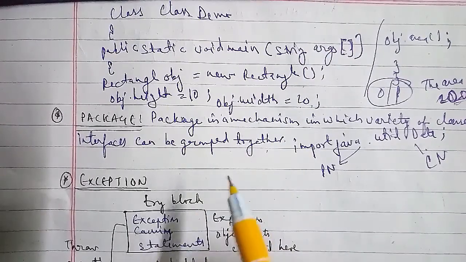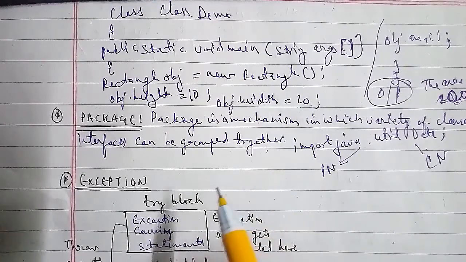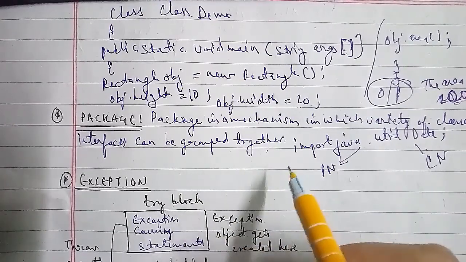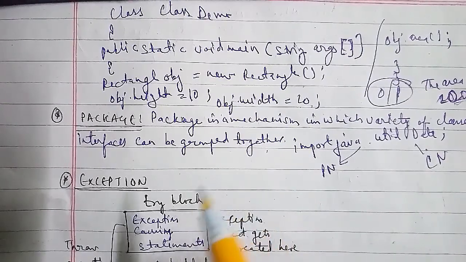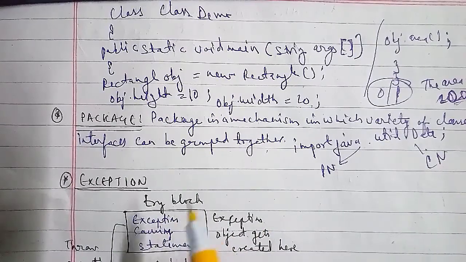So here the access modifier specifies whether the interface is public or not, and if the access is not specified for an interface, then that interface will be accessible to all the classes present in that package only. But if the interface is declared